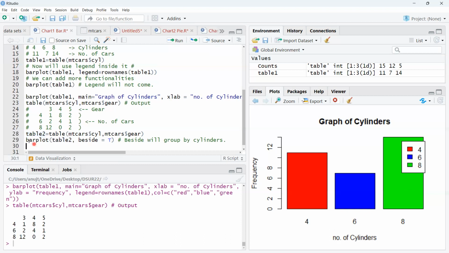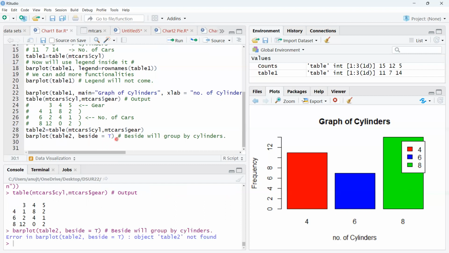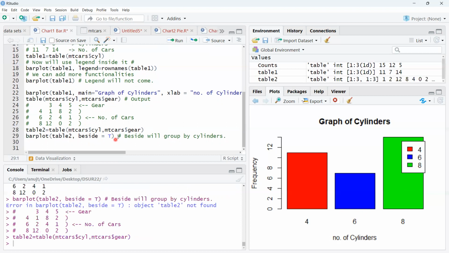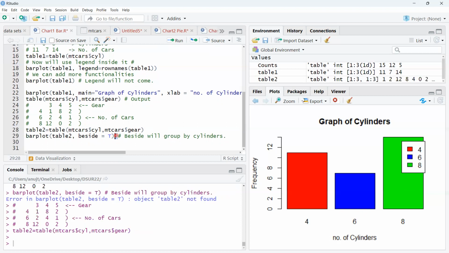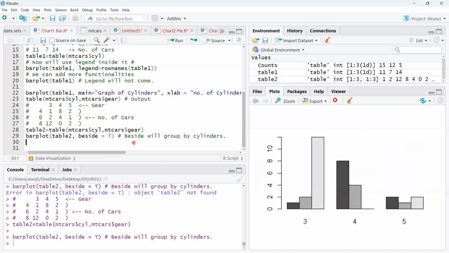And now I will create a bar plot. And if you want to group the variables, to group the variable we write beside is equals to T. T means true. If I run this, you will see a grouped bar plot. Just a minute, table2, and then